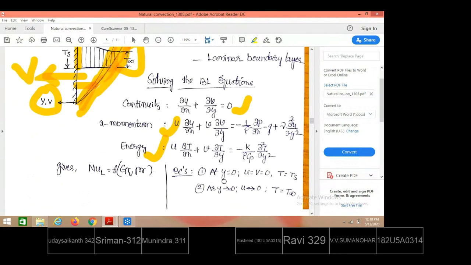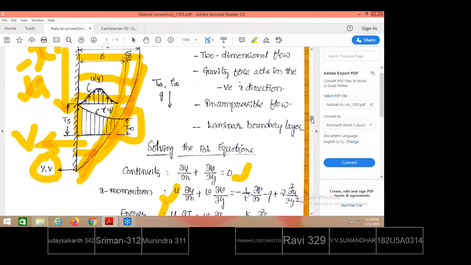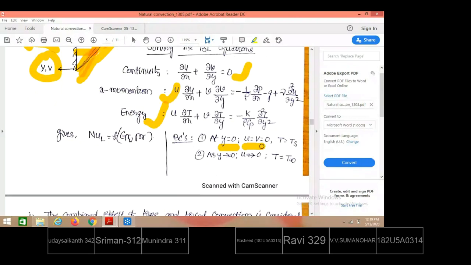What are these boundary conditions? At y equal to 0, that means at the plate surface level. It may be here or here or anywhere else, only on the plate surface level. Along the plate surface, what conditions are we applying? On the plate surface, velocity is 0. The molecules stick to the surface and the plate is stationary, so the molecules also attain the same velocity as the plate. The plate already has 0 velocity, therefore molecules after sticking at y equal to 0 will have velocity equal to 0.